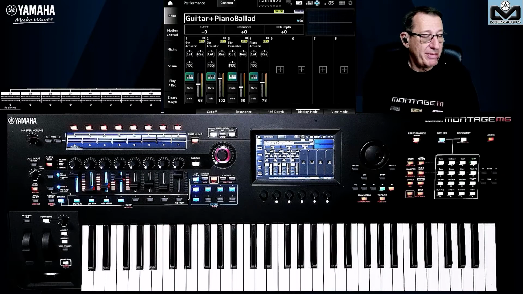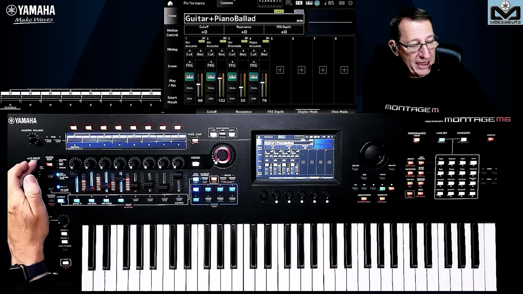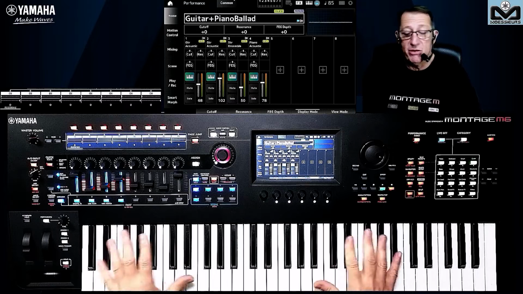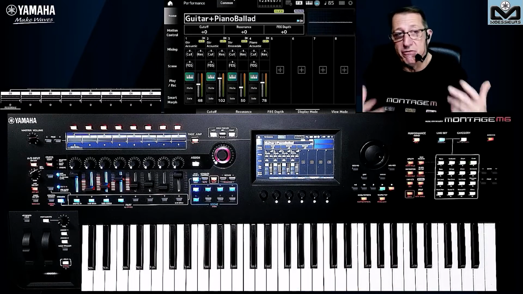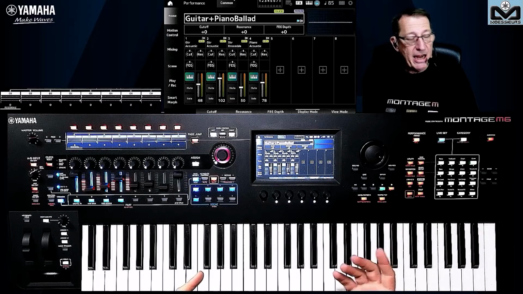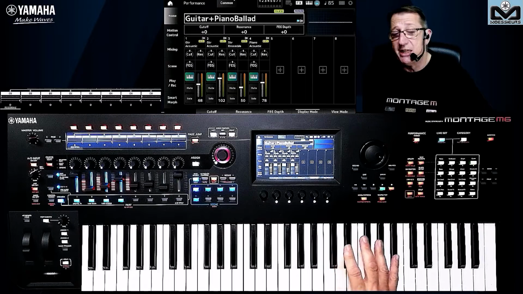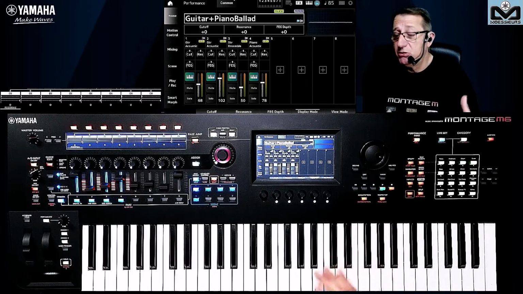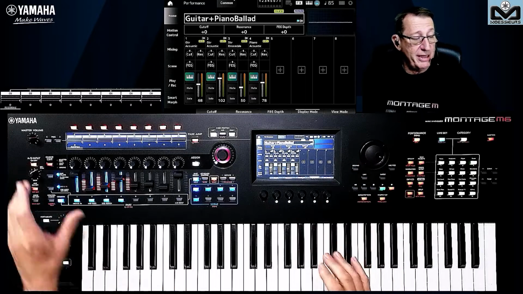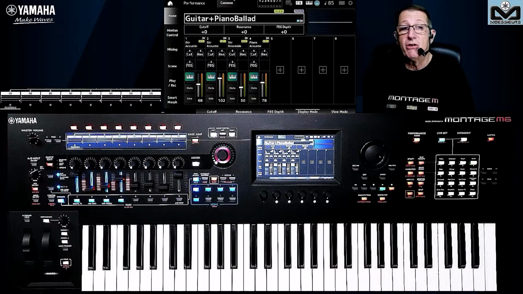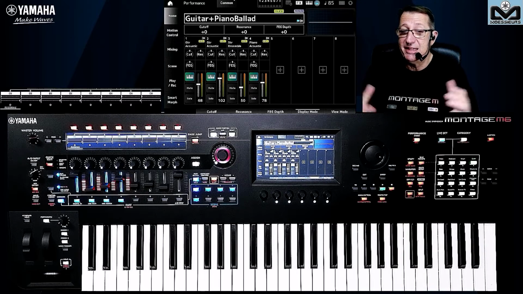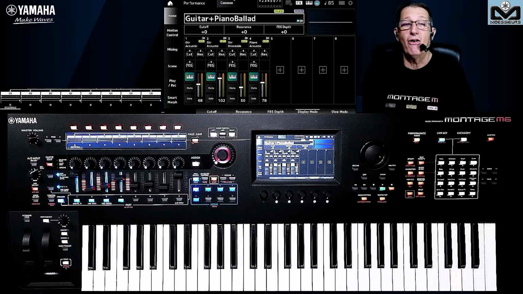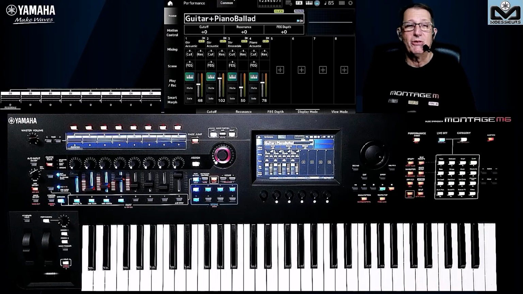Some questions that we have sometimes: can we record the AD input? Yes, you can record the AD input if you want to record when you play with your microphone or a friend that plays a guitar, or if you have one of the synths connected, you can record the two together on a USB stick connected. It will record in WAV file format, 16-bit, 44.1 kilohertz, in CD quality, of course, always stereo quality.